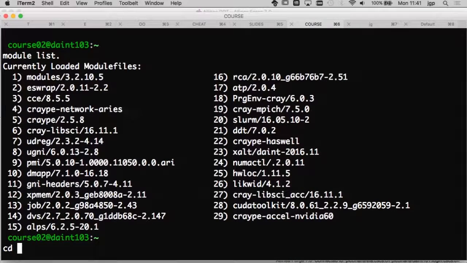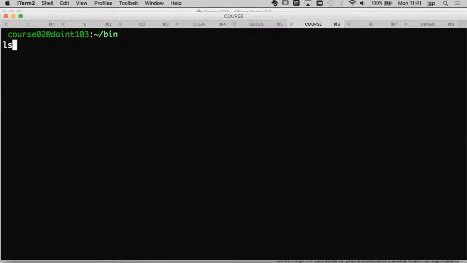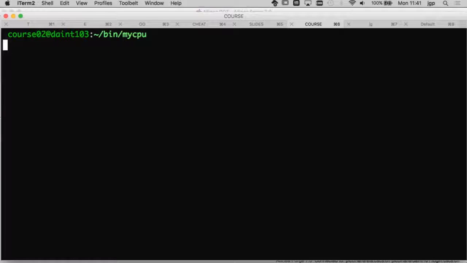Before I show you how to use the GPU, I will show you how to get some basic information about the type of CPU that we have. Because it's a Cray system, you have to remember that there are different types of nodes.